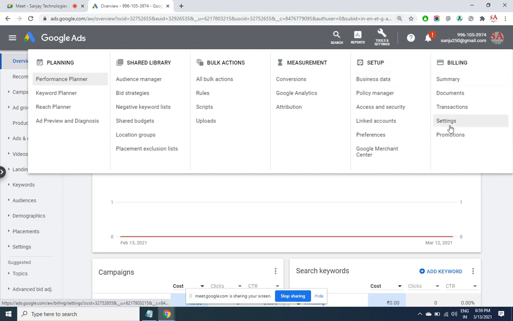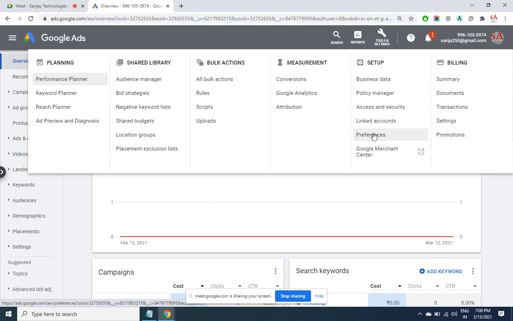the billing section is what we have seen. Coming to the setup. So Google Merchant Center we already seen, that is for adding the products. I told you if you are running an e-commerce site and you want to display your product ads, then you require an account in Merchant Center. There you'll be going with the product feeds, and through the Google Sheet template, you'll be uploading the products there.